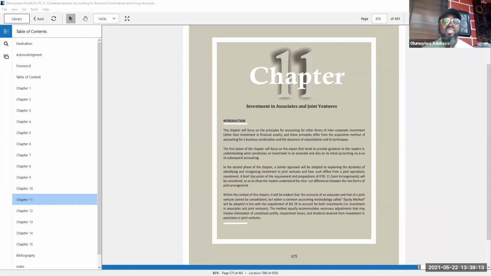This session will wrap up some of the discussions we've had severally on sections that cover the consolidation of the statement of financial position of the parent and subsidiary, the consolidation of the statement of profit or loss and other comprehensive income of the subsidiary with the parent, and likewise the consolidation of the statement of changes in equity of both the parent and the subsidiary. Now we'll be discussing extensively the requirements not to consolidate our investments in which the investee qualifies as an associate or as a joint venture.